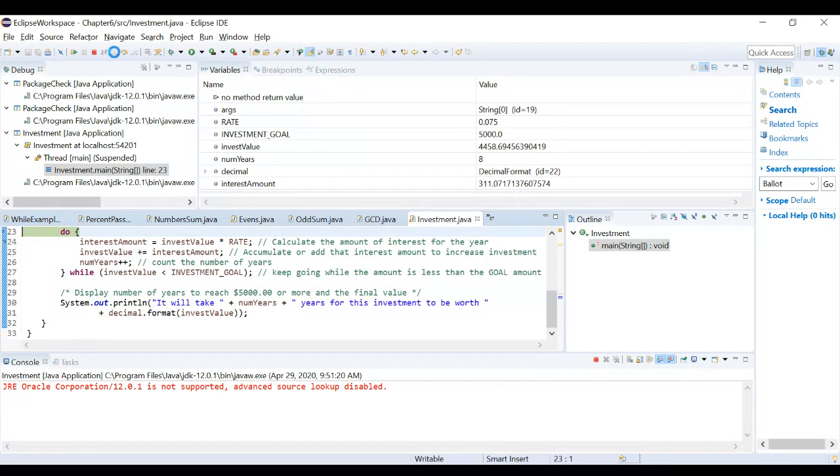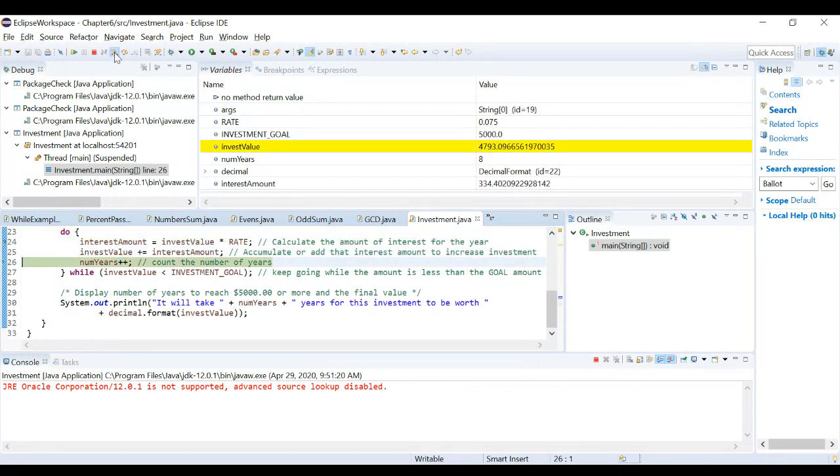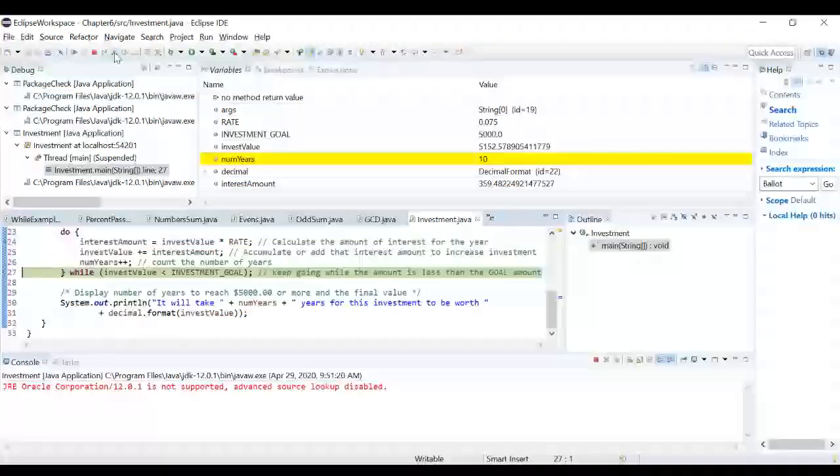So we're getting close, and there we go. Now we're over the amount. So last loop we were just a bit under. Now we're over our goal, which is perfect. So it should stop the loop,